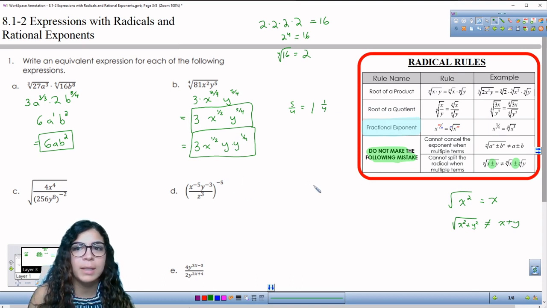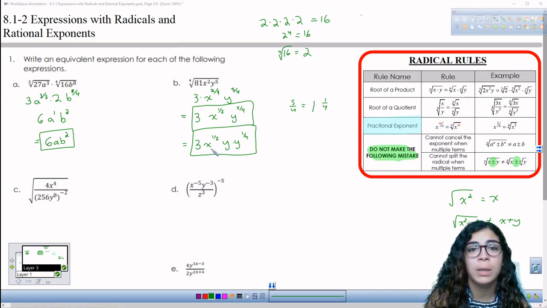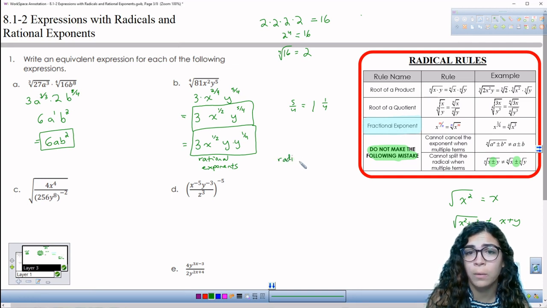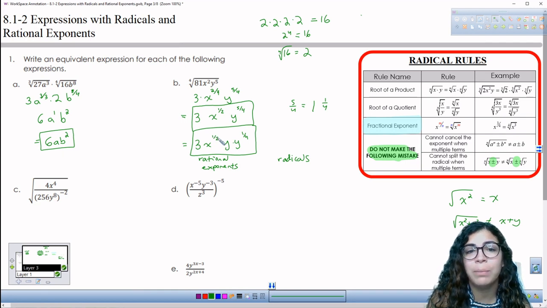All right, let's look at C next. And actually, before I continue, let's talk about how these are using rational exponents. So this is if you were going to keep it with rational exponents. But you could also write it as radicals, okay? So if you were to write it as radical, you would keep that power